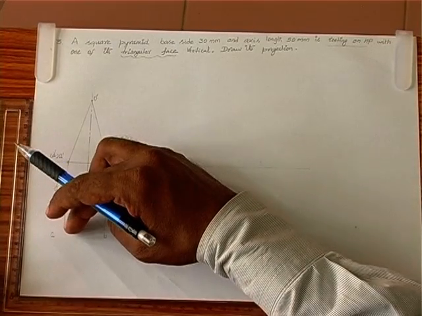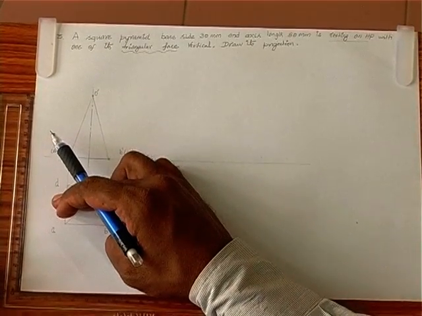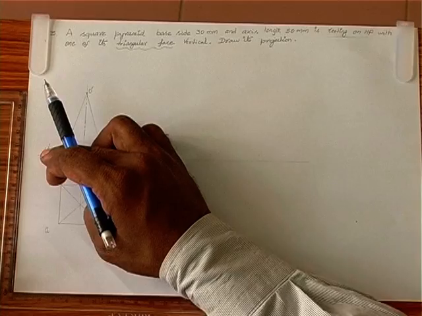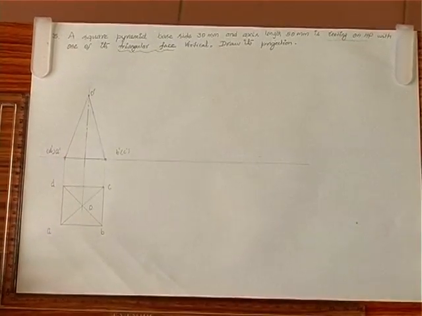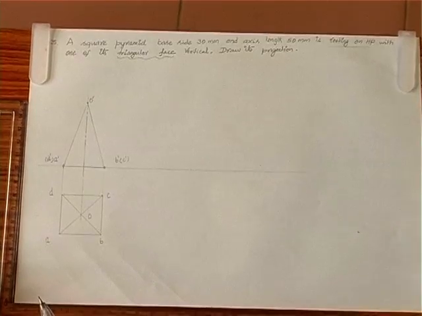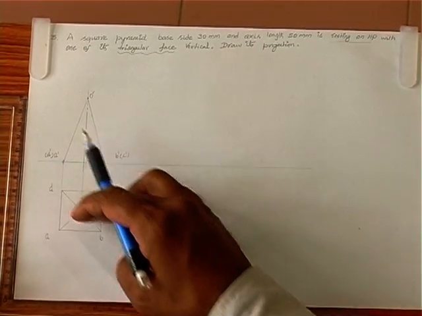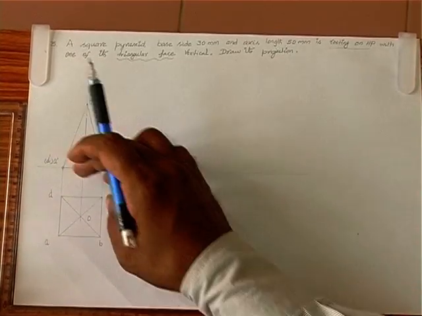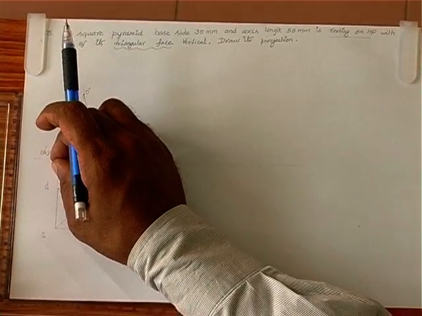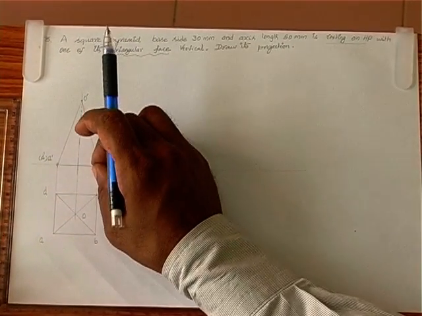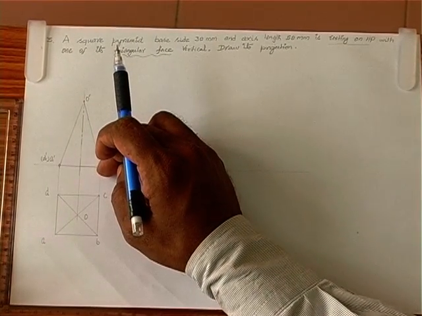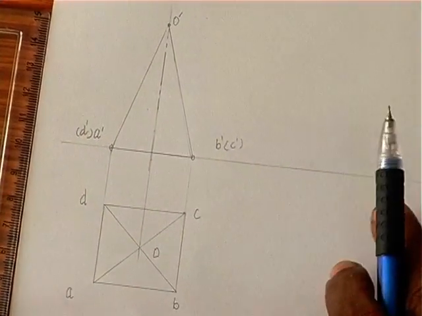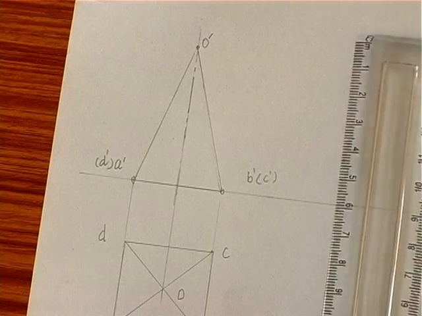Had it been with corners on the extreme, let us say A on the extreme and B on the extreme, so we have A at one place and O at the other place. When we join, we will get only the slant edge. We won't be able to get the triangular face. Now it is because the flats are perpendicular to XY, we have AD perpendicular to XY, BC perpendicular to XY. We are able to get A dash D dash at one place and B dash C dash at one place, so that O dash B dash is possible as a single line, and O dash A dash D dash in a single line. So what we do, we make any one of these